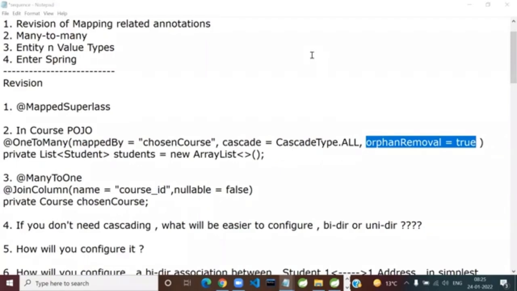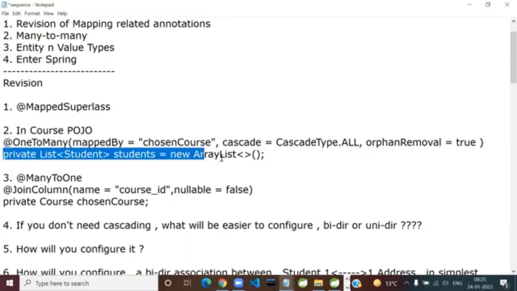The answer is only the foreign key. So you are just delinking, guys. But where you have told Hibernate that if there are any orphans, remove them, that is why you have a property, orphanRemoval, whose default value is false, and you set it to true. And since we wanted one course having multiple students, we went for the easiest collection, list.